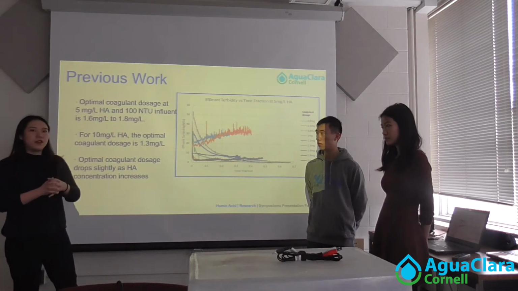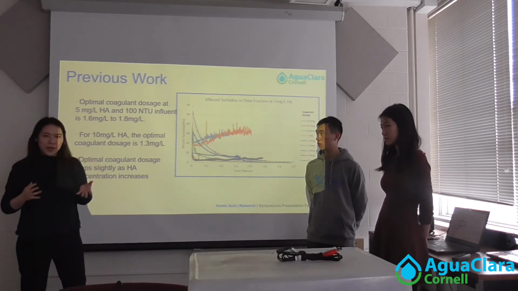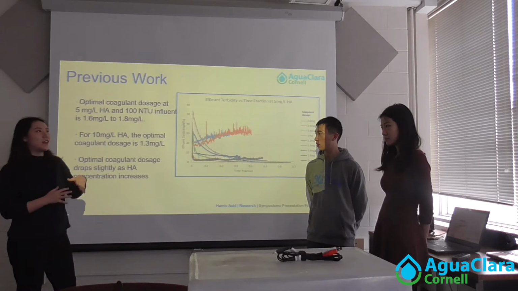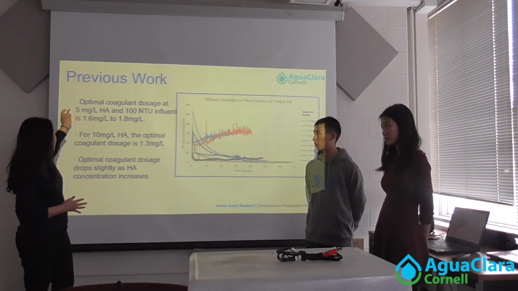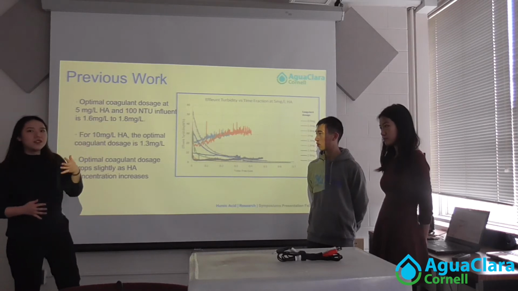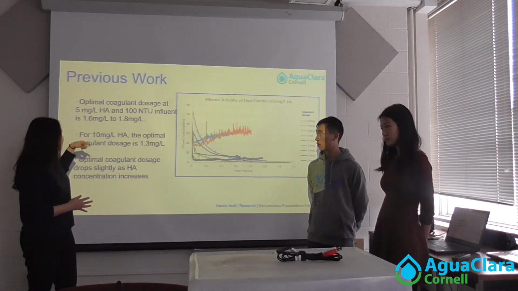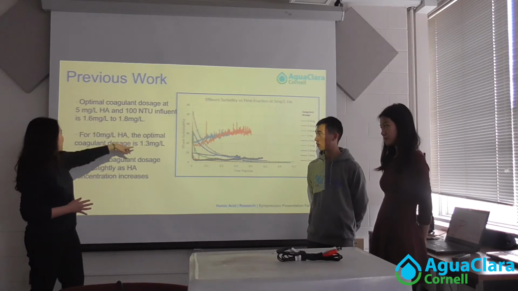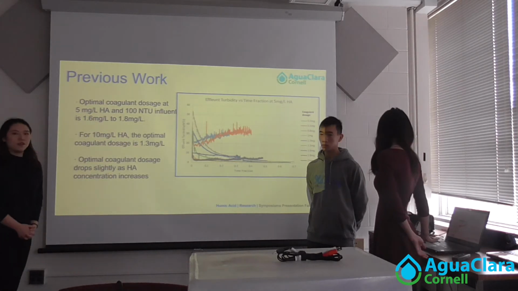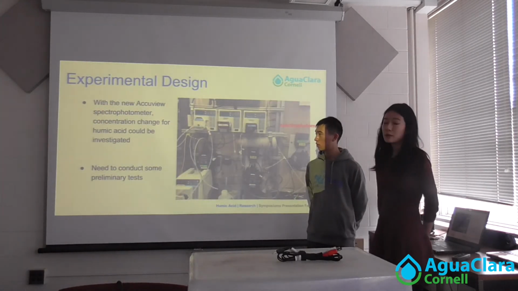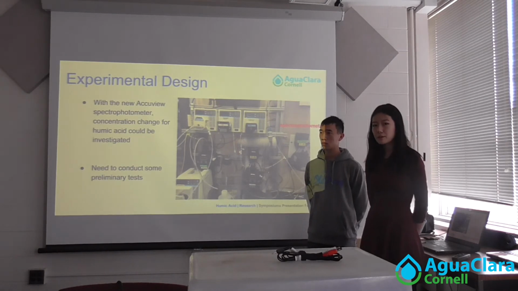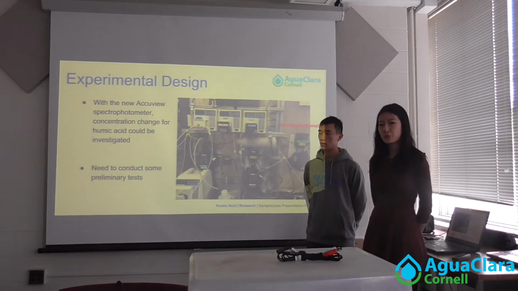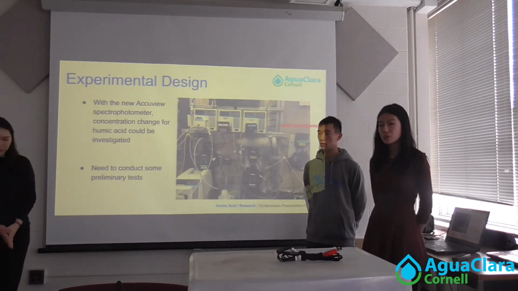Now, we wanted to develop a mathematical model, but the problem is that even with the huge change in concentration from 5 to 10, the resulting optimal coagulant dosage changed very little, from 1.6 to 1.3. So from the previous semester of research, we found it's not very promising to find the optimal coagulant dosage for different humic acid concentrations. And for this semester, we also have a new instrument, which is a